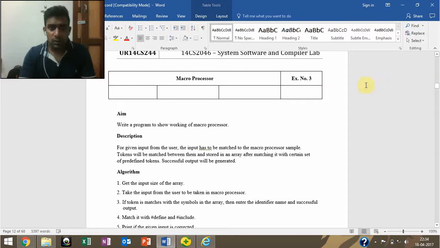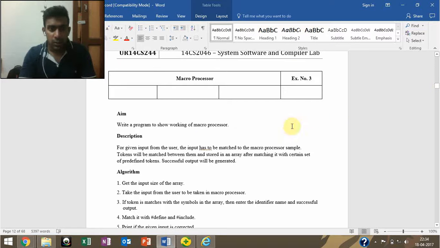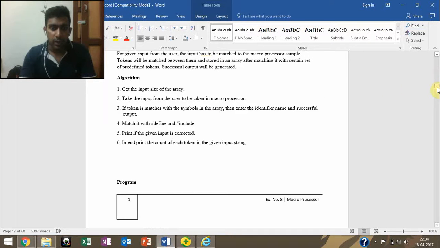Hello everyone, this is the third experiment of System Software and Compiler Lab. In this we are supposed to create a macroprocessor. So the aim is to show the working of a macroprocessor. What a macroprocessor basically is, it takes an input in the form of macros and then it compiles it to